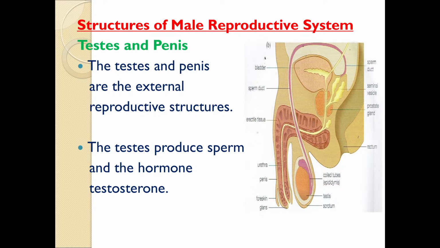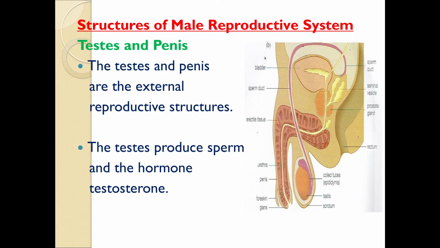After looking at those two types of reproduction, we're now going to spend some time looking at the organs that make up sexual reproduction for both male and female. On the screen now is the male reproductive system and its main organs. We have the testes, otherwise known as testicles, and of course the penis. These two parts are external structures, normally seen on the outer part of the male body.